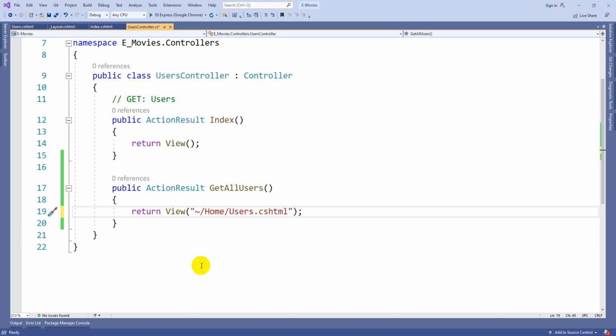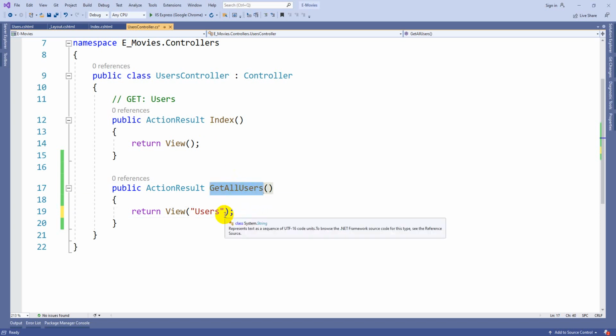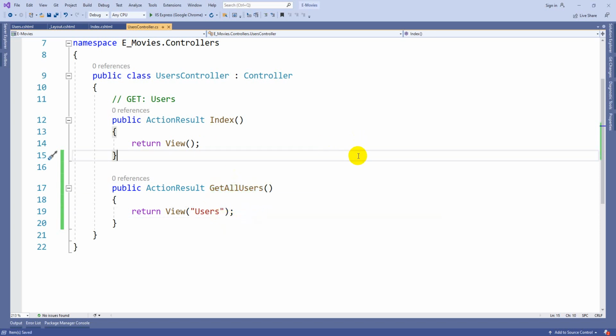Whenever it is present in another folder inside Views, you write slash Views slash Home slash Users.cshtml. This is the exact URL you have to return. To avoid all this confusion, let's try to keep the same name. That's my suggestion. This is how we can create a custom controller, custom action method name and custom view also.